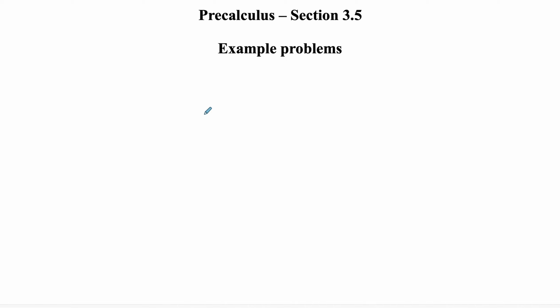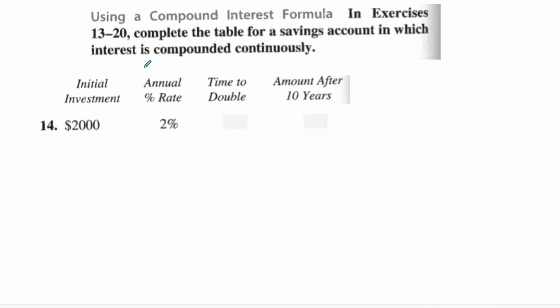So now we're going to do some example problems from section 3.5. The first thing we're going to take a look at is this, where we're going to be given some information and have to find out time to double and the amount after 10 years. The important thing to remember is this is compounded continuously, which means the equation we're going to be looking at